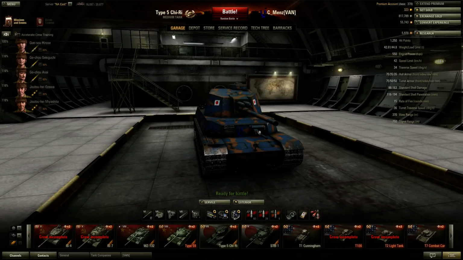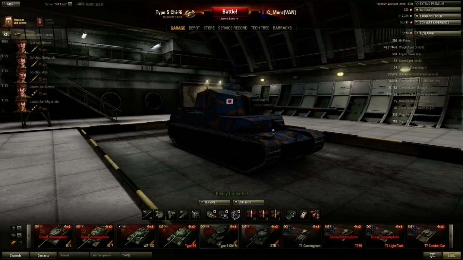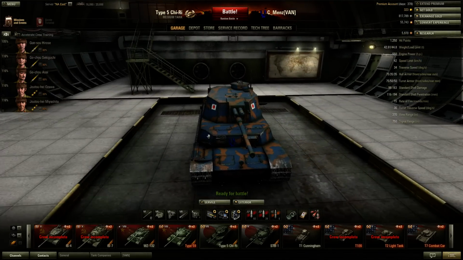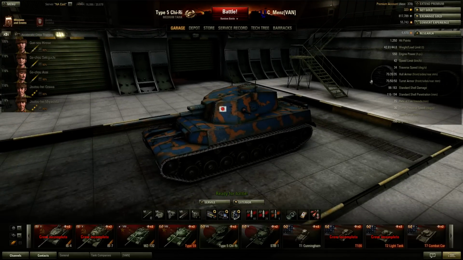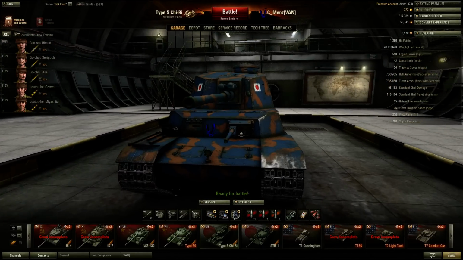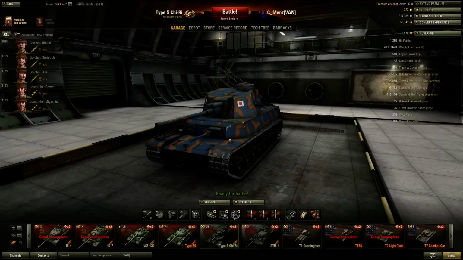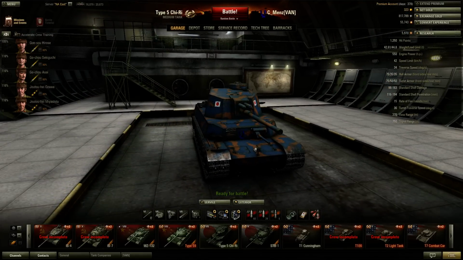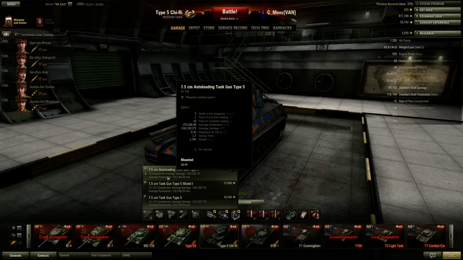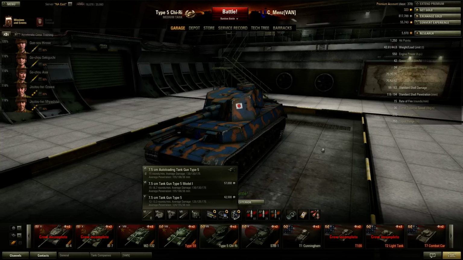I'm playing the Tier 7 Type 5 Chi-Ri, the Japanese medium tank. Even with its huge size, as you see here, the whole armor isn't all that great for Tier 7, so you definitely do not want to rely upon that. The mobility is pretty good, especially in a straight line, and once you get this top 7.5 centimeter autoloading gun,